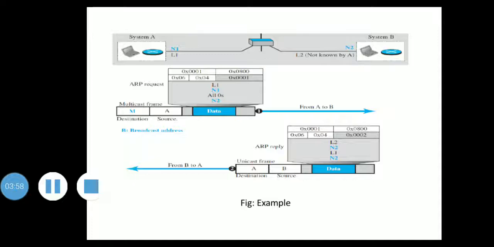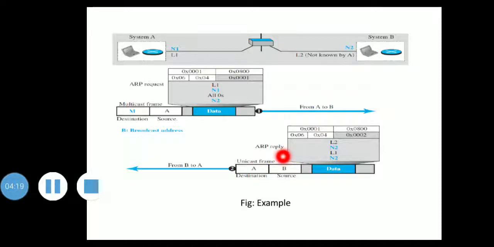Okay, then you have source hardware and source protocol addresses. They have been represented. Then that goes from A to B, the broadcast frame. This is ARP request. Then you can see the second figure here, ARP reply.